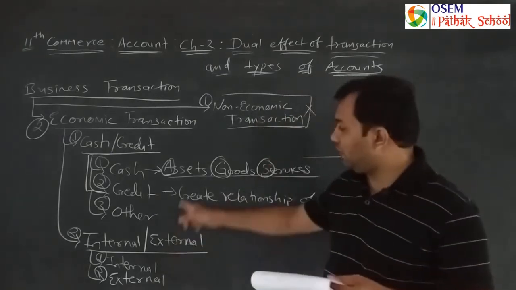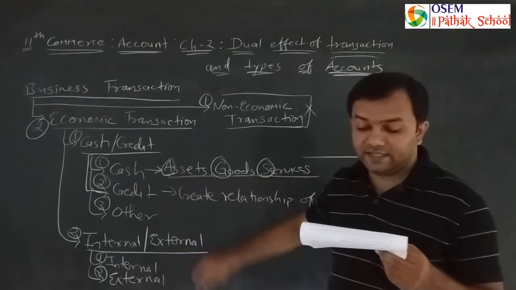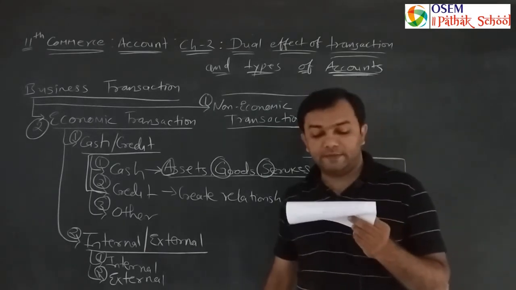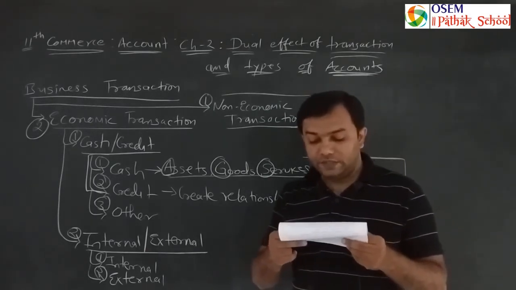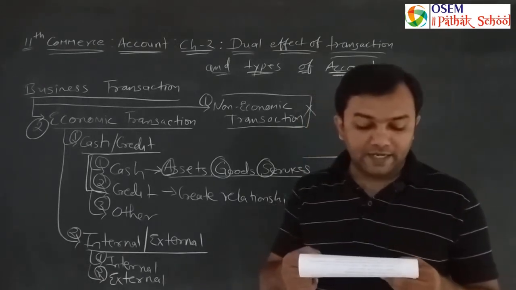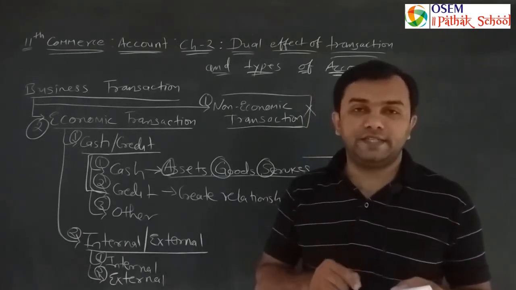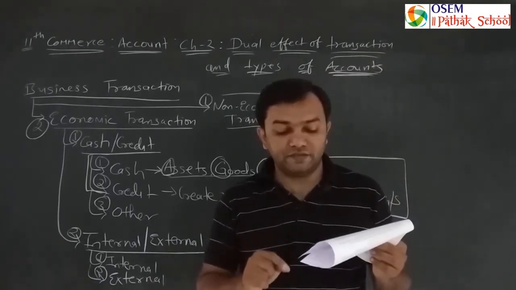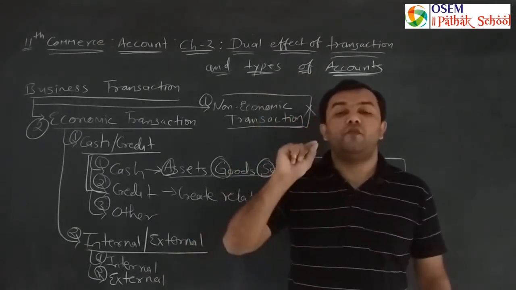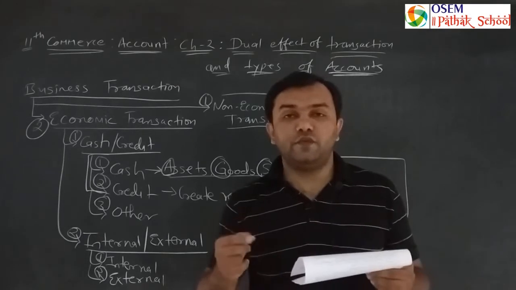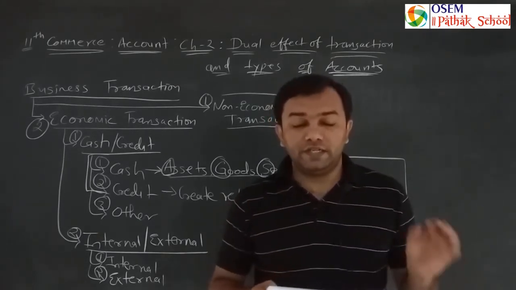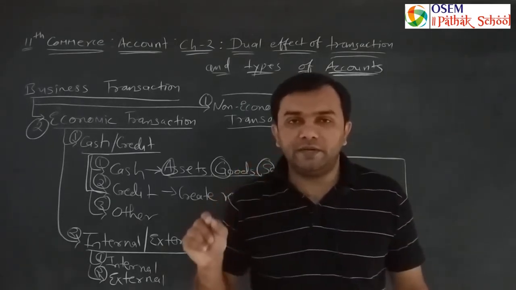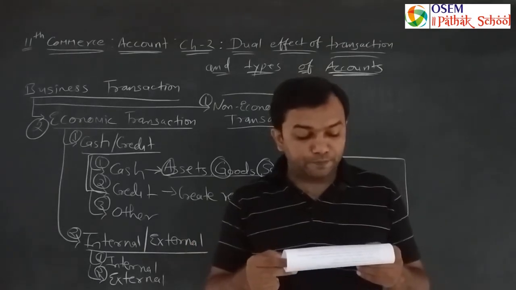So first, cash transaction for asset. In this category, an asset is purchased by payment of money or money is realized by the sale of an asset. The example given is: furniture worth rupees 10,000 is purchased for business. Cash paid and asset purchased. You need to read the transaction as many times as you can. This is the transaction, and the effect on the business is given in the bracket. You need to underline or highlight the bracket: cash paid and asset purchased.